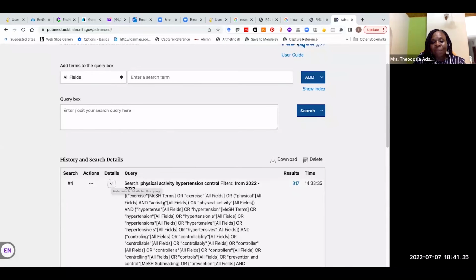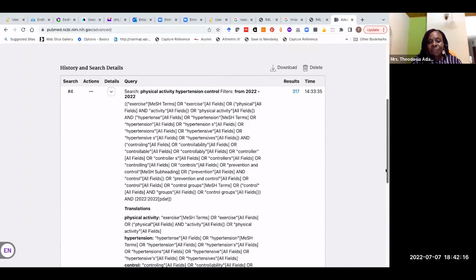So I click on it. This is how PubMed carried out the search. And you see my filters are also there, from 2022 to 2022. Everything is displayed. It shows you the MeSH terms. PubMed has MeSH terms that it matches our search terms to. So it shows you the MeSH terms that it matched the search term to, so exercise. Then it uses other alternate terms. They could be American and British spellings, plural and singular, all the alternate options available for alternate concepts. PubMed provides it. Okay, so that's it.